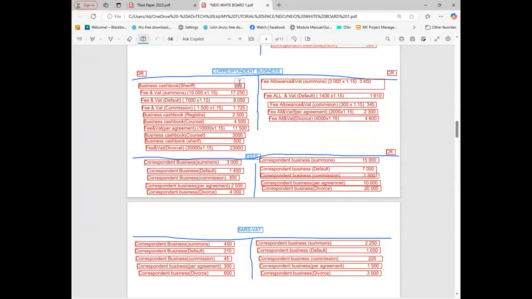Okay, let me explain it. Whatever is on this debit side of the correspondent account, it means it's what belongs to us. That is our money that we need to be paid. If we only had this side on the debit, it would mean the total of everything was supposed to be transferred. Are you with me? Yes. But we can't, because we must first minus what is on the credit. And you know why we minus on the credit? Because that's the money that is owed to the correspondent, to the instructing attorney.